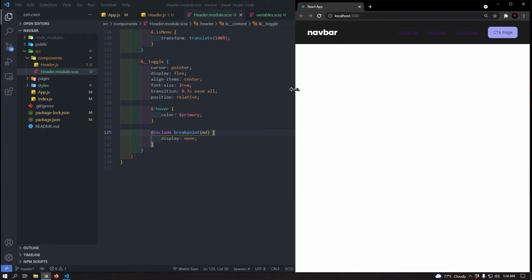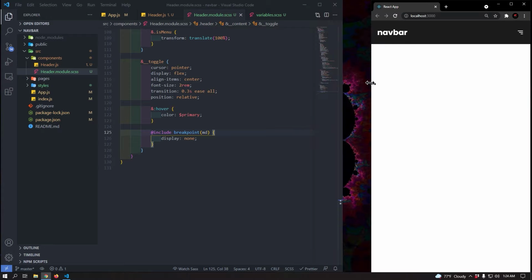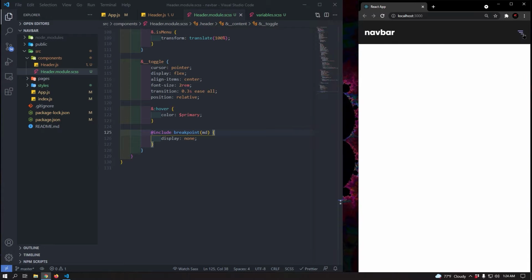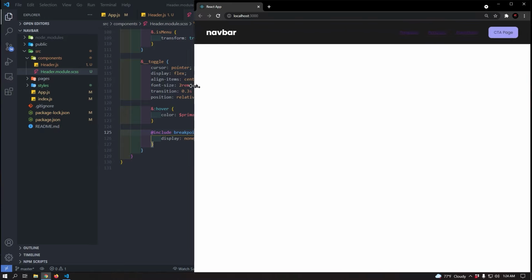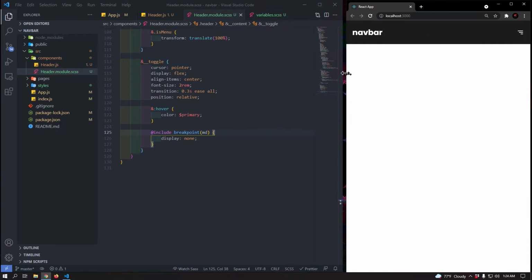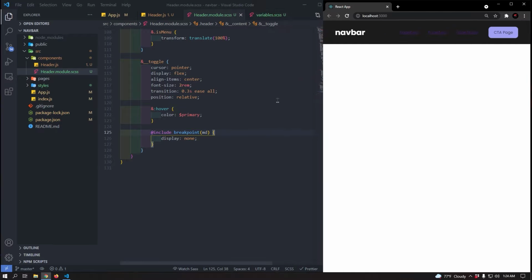Alright, so we're done the styling. As you can see, it works pretty well already. Now all I have to do is implement some state. So when we click this, the menu state is active and this will be opened and everything. You'll see the menu. Okay. We have a problem here where